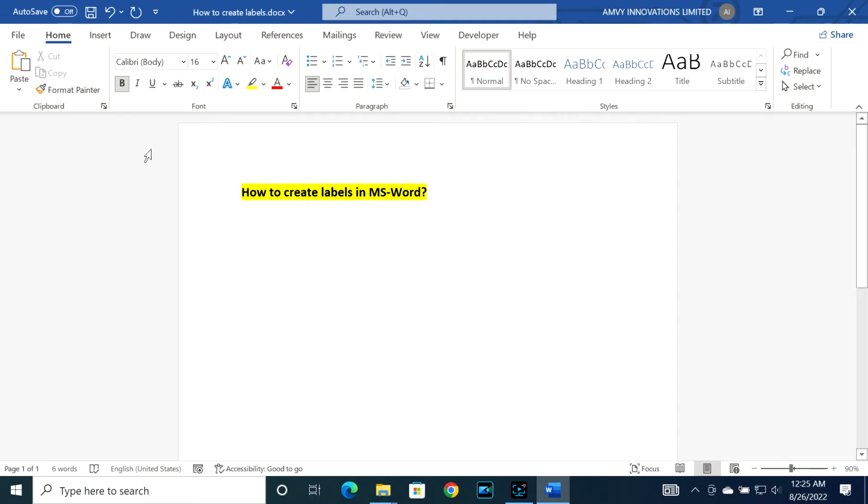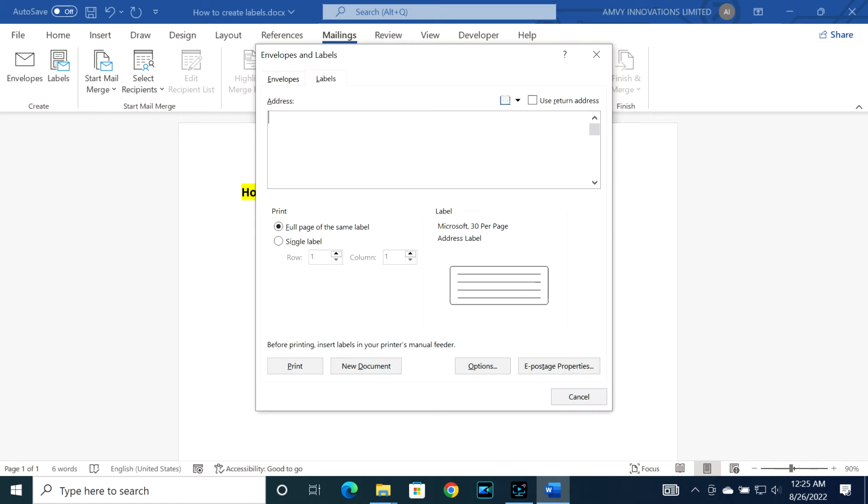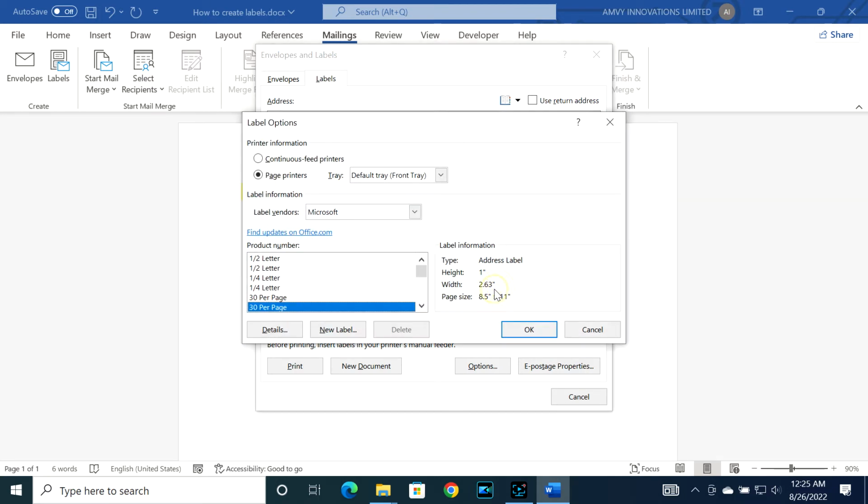So in order to do that, you have to go to the Mailings tab on your Microsoft toolbar and then select Labels. And then you just simply paste any address you want. So I have given this example address over here, and then over here if you click in this blank area,